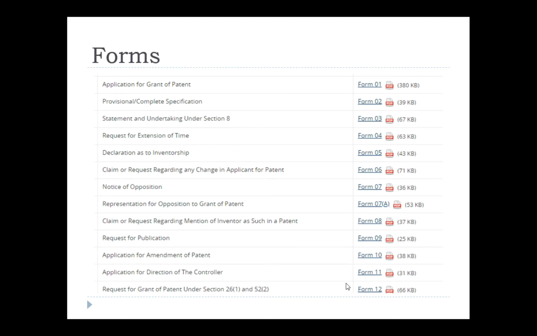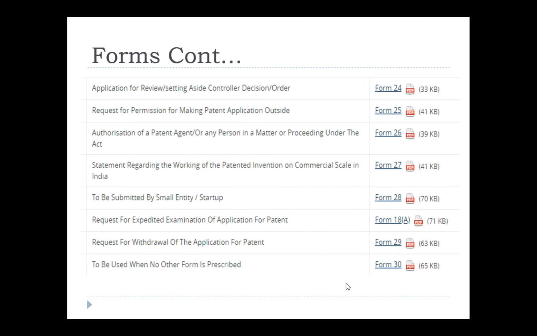Likewise, it keeps going up to form number 30, right? Up to form 29 we can use for the specific purposes mentioned. But if no form is available for your purpose, you can download form 30 and communicate. Why do you need to understand this? Because all communication to the patent office should be in the form of forms, right?